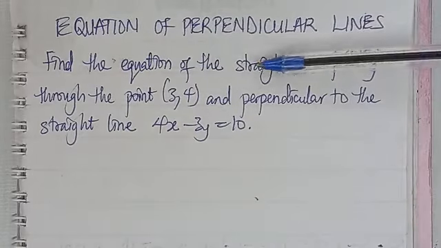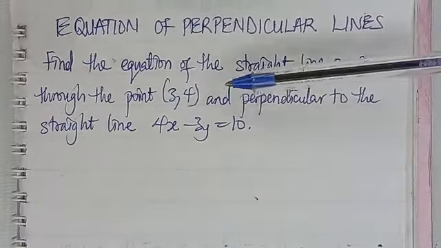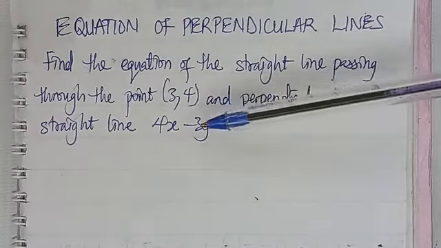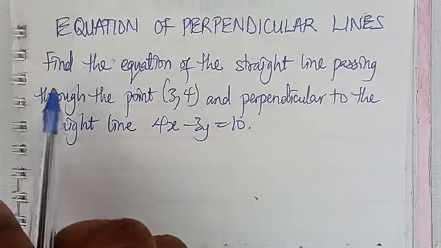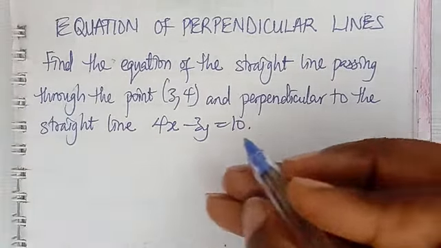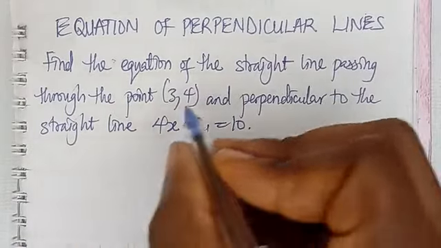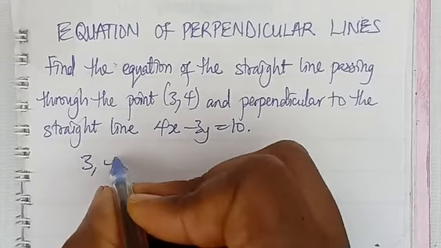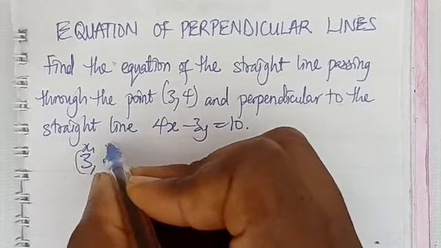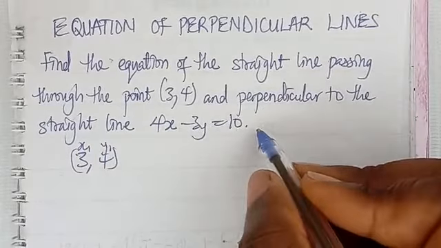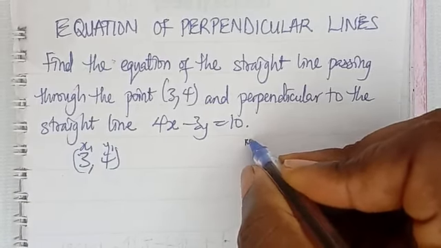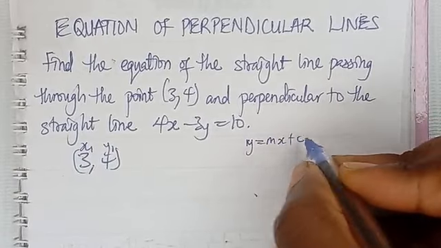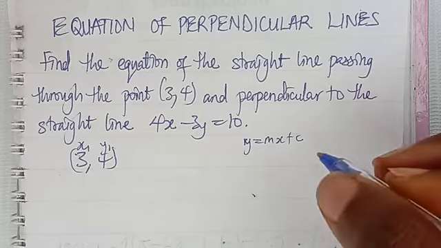Find the equation of the straight line passing through the point 3, 4 and perpendicular to the straight line 4x minus 3y equal to 10. So what we are going to do is write out this point, 3, 4. We name it x1, y1. Then this equation, we are going to rearrange in this form, y equal to mx plus c. And why we are going to do that is that